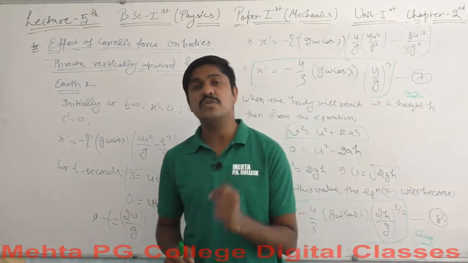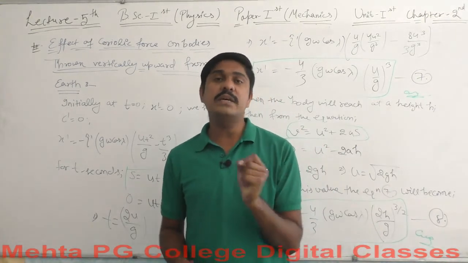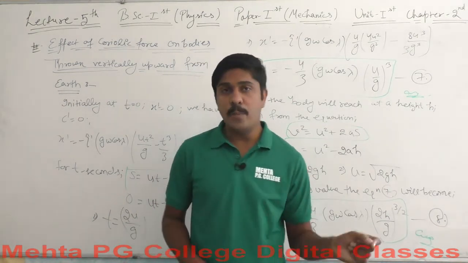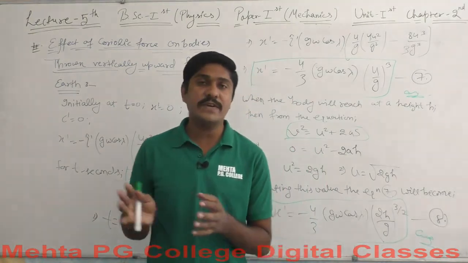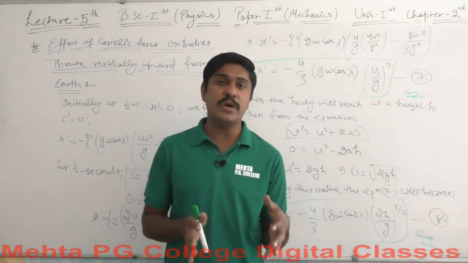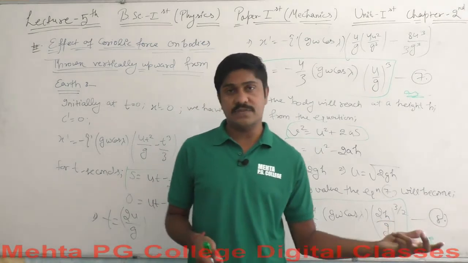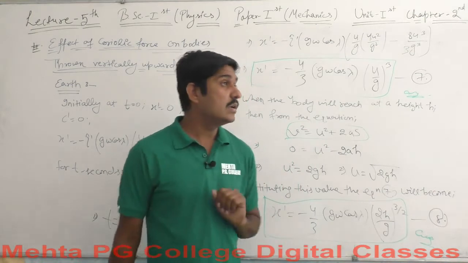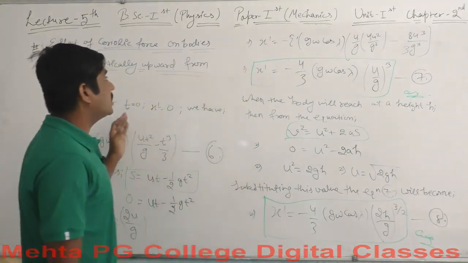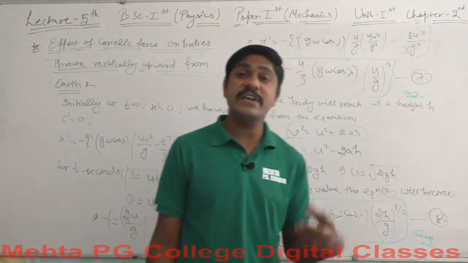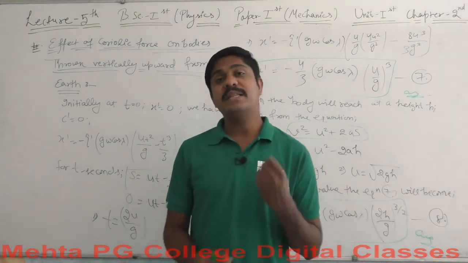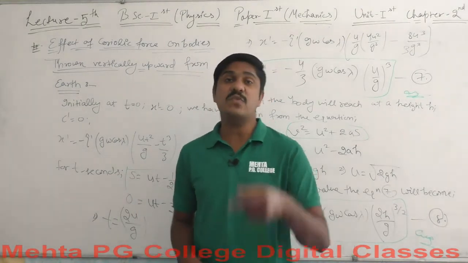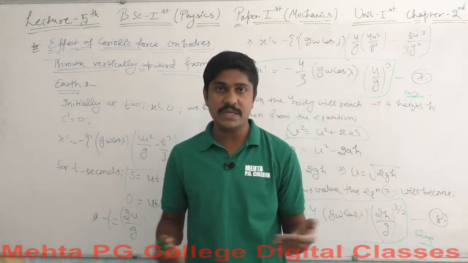What happens when the Coriolis force acts upon a particular particle or a body which is in motion. First of all, we talked about the effect of Coriolis force on a particle or a moving body which has been moving horizontally on the surface of Earth. So we got the concept when the particle is moving horizontally. Also, we talked about the effect of Coriolis force which is acting on a body which is falling vertically downward. So we got the concept here.